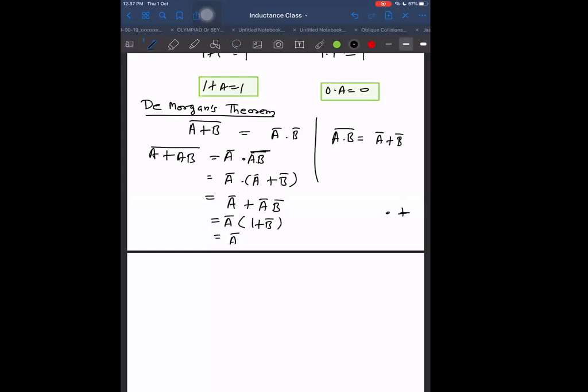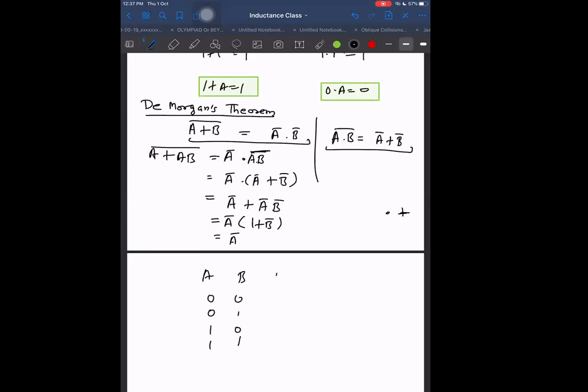We have already proved it for simple cases. For example, for A plus B, somebody proved it that it comes out to be this. For A dot B, somebody proved it comes out to be this. How did we prove it? We proved it by putting the values of A, B in our truth table, and we see that it comes out to be the same. See, you can do it yourself. I'm giving, okay, do it this way. A, B, 0, 0, 1, 1, 0, 1, 0, 1.